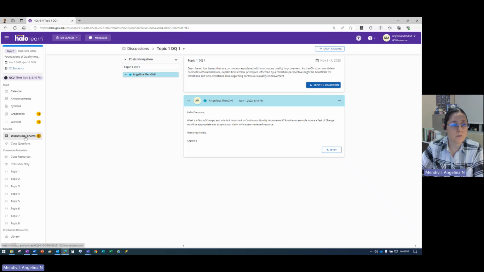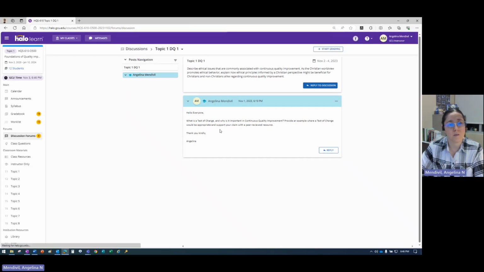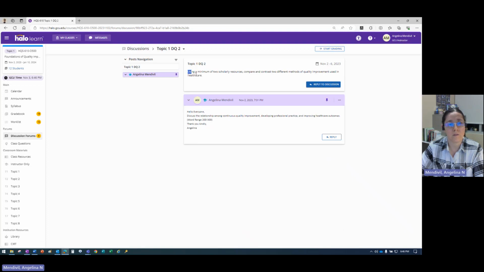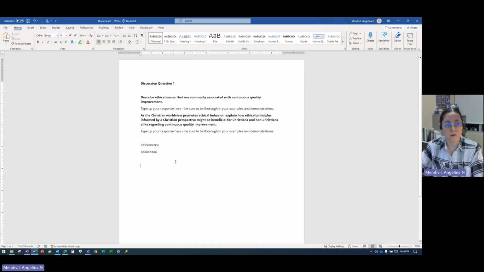So let's do that with number 2 so that you can get the hang of this. If we go to discussion question number 2, let's find out what it's asking. I'm going to copy that and put it on my Word document. Using a minimum of 2 scholarly resources, so it's 1 and 2, that's a very specific one, compare and contrast 2 different methods of quality improvement used in healthcare. So the best recommendation is to break that up.